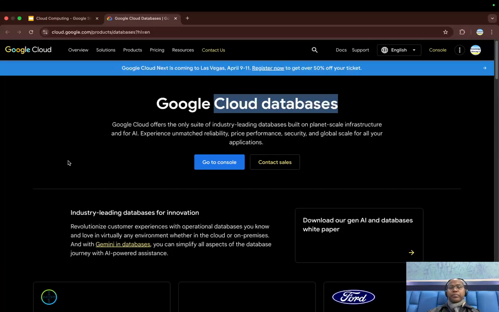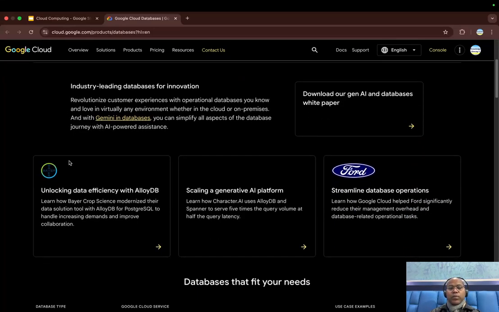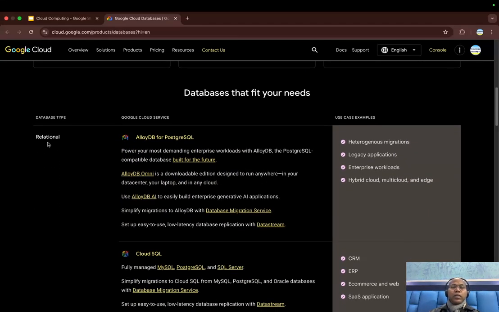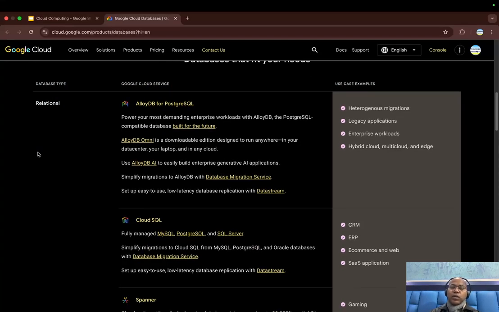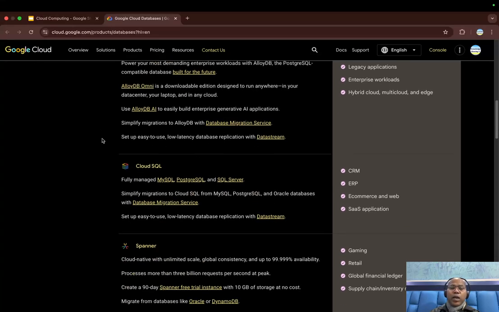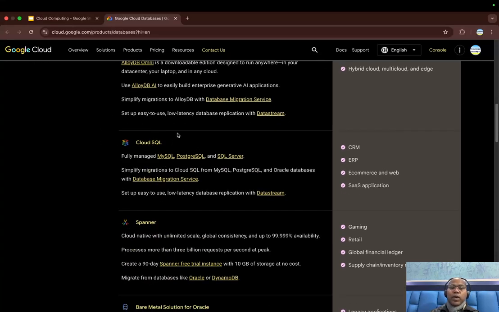Okay, so if you talk about relational databases, surely I will not cover all the things which Google Cloud offers as services. For Postgres they have AlloyDB, and similarly Cloud SQL for MySQL, for Postgres, even SQL Server. If your application is using SQL Server, Postgres or MySQL, you can just go and choose